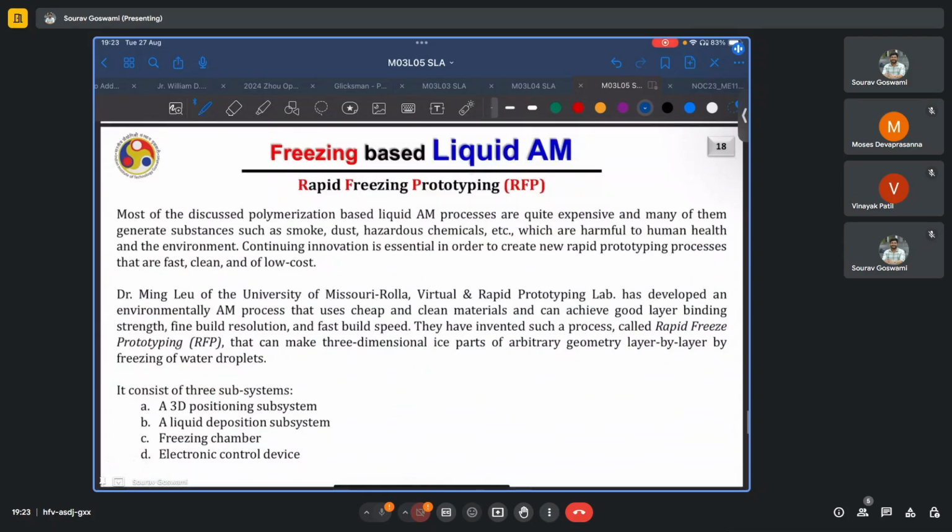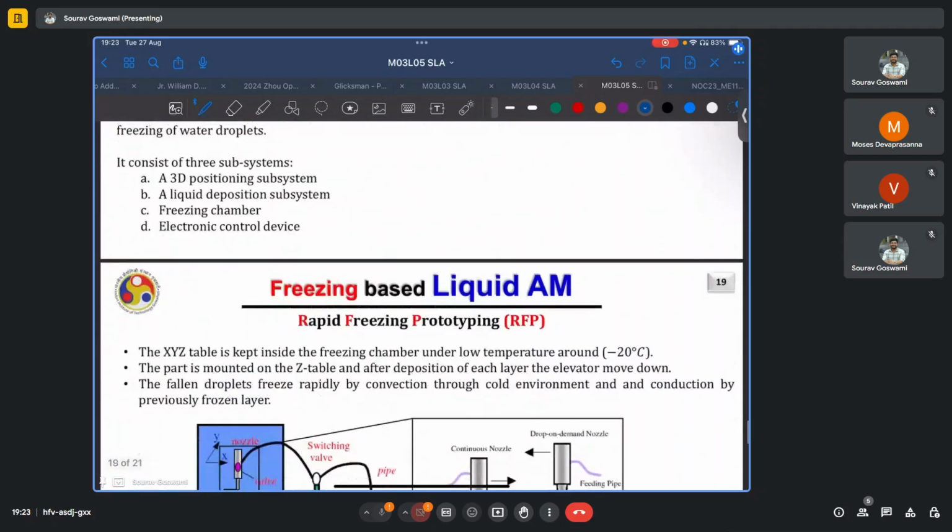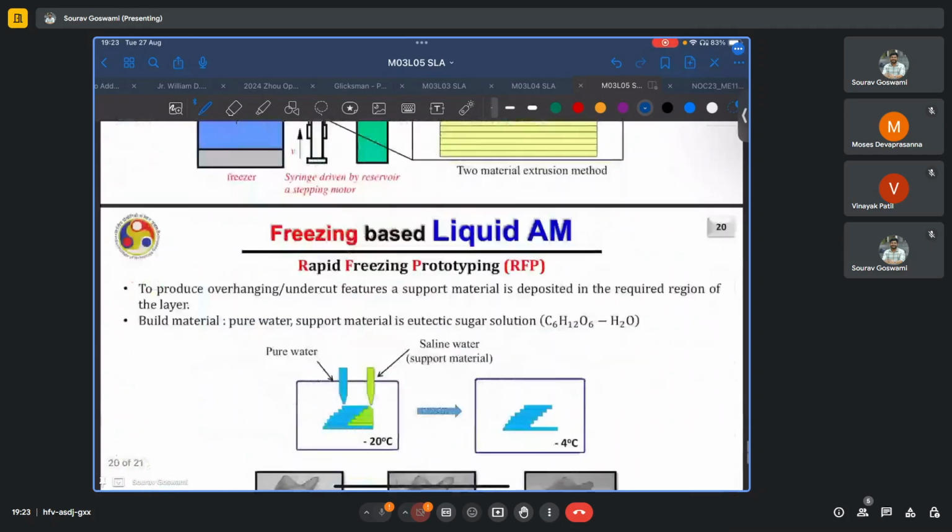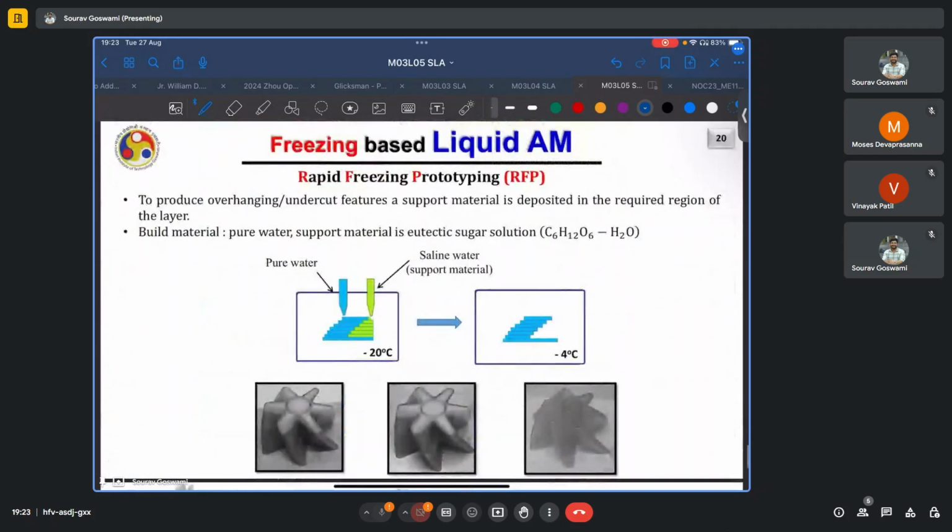And finally, there is something called rapid freezing, which is basically freezing of water to make parts such as molds or prototypes and other stuff. Here again, you can use different materials for building the main build material or the part material and the support material. So typically you use pure water for the build and saline water, which is a eutectic sugar solution, for